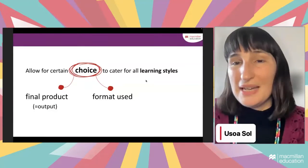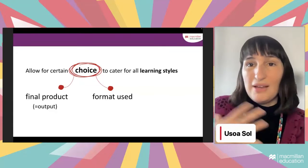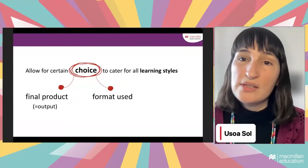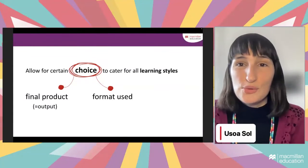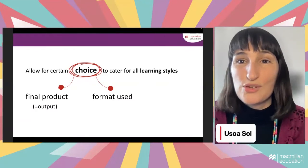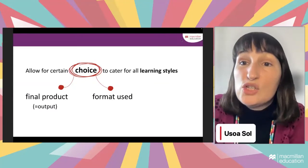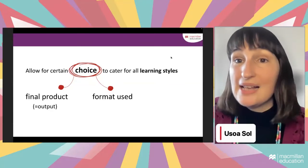So what I mean here by flexibility is you, as a teacher, being flexible with what happens in the class, but also providing flexibility to students. So allow students choice. It's obvious that students cannot choose everything in the class. My students, for example, would love to watch a film every day. I cannot let them do that. But you can provide for certain choice in some aspects of learning to cater for different learning styles and learning